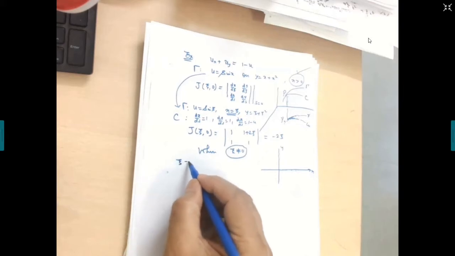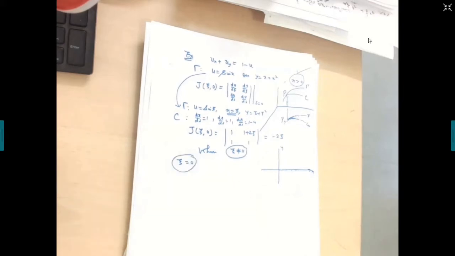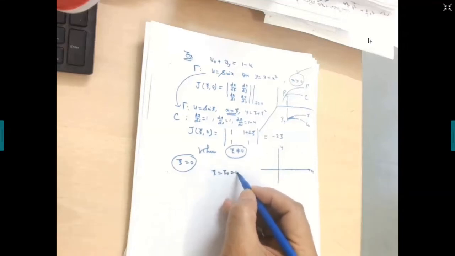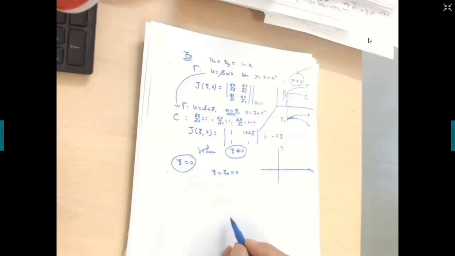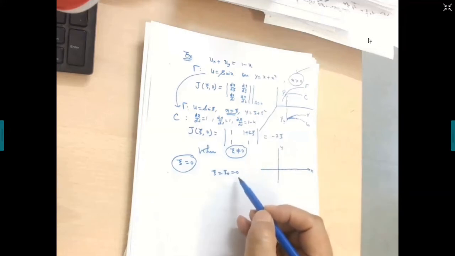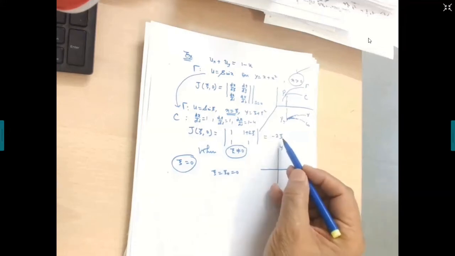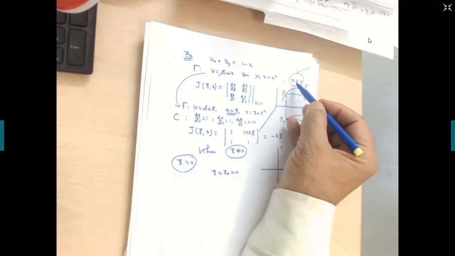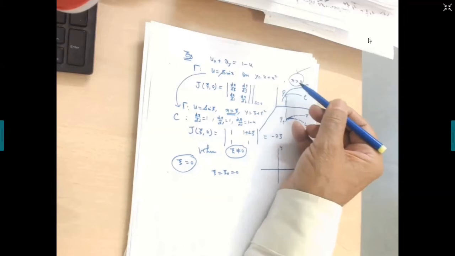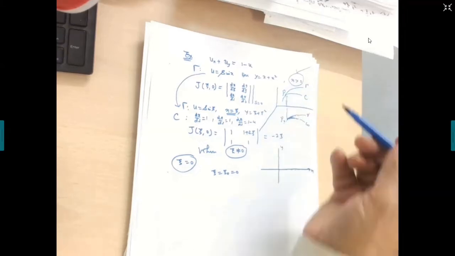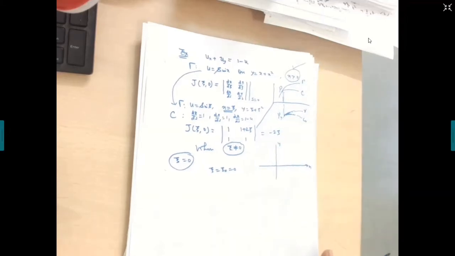What happens when xi is equal to 0? Can we investigate? Look here, this is the point, xi is equal to xi naught is equal to 0. I was talking about this point. When J is equal to 0 for some specific value of xi, there is only one value, xi equal to xi naught equal to 0. So in the question I may ask, what happens to the solution as x approaches 0 from the right? How does the solution behave?